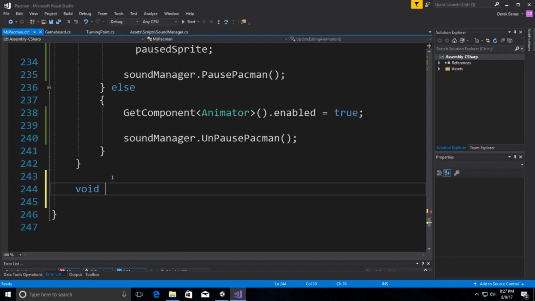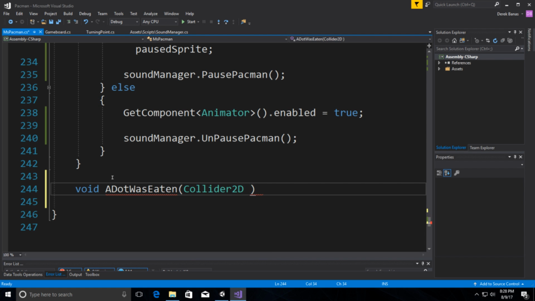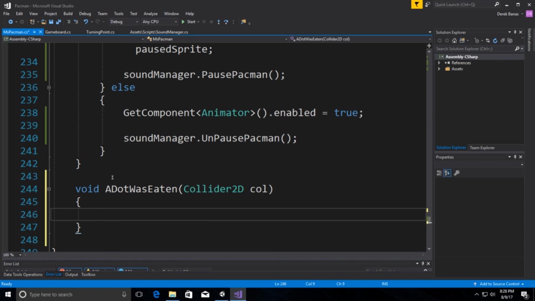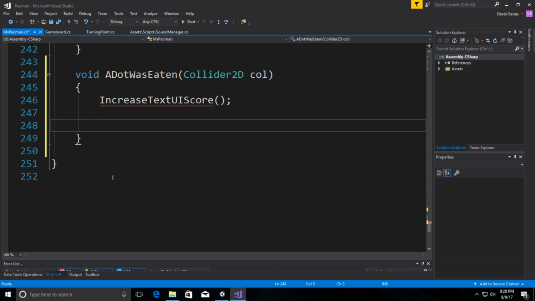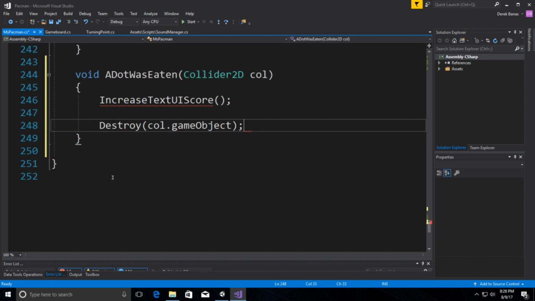So this isn't going to return anything. It's called a dot was eaten, and it's going to get the collider 2D passed inside of here. Make sure it's collider 2D, not just collider. What this guy's going to do is call another function called increase text UI score, which is going to increase the text score on our screen. I'm going to create that here in a second. And it's also going to destroy the game object that we just collided with. So there that is, and then we can go and call this guy right here, and it will increase the